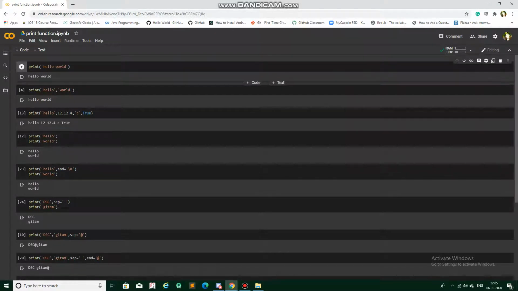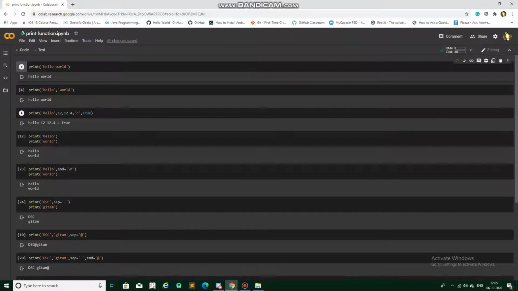The second kind is if you want to print multiple objects at the same time, you can separate them with a comma. The difference between the first and second case is that in the first you mention the space manually, and in the second the comma takes care of it. The comma works as a space in Python when using the print function. You can mention a string, an integer, a float, a character.